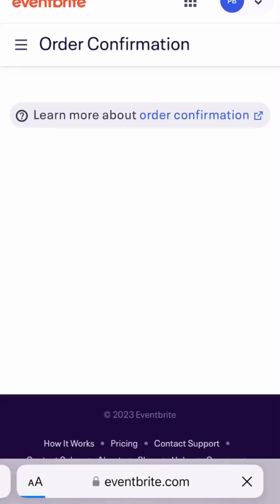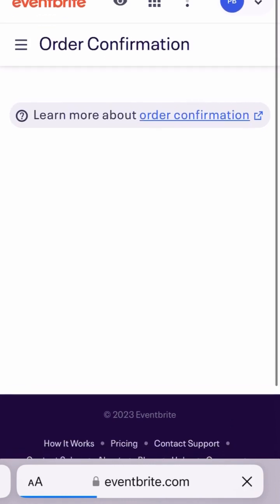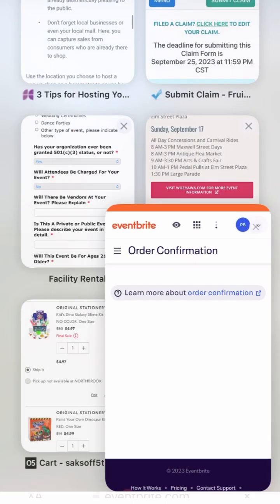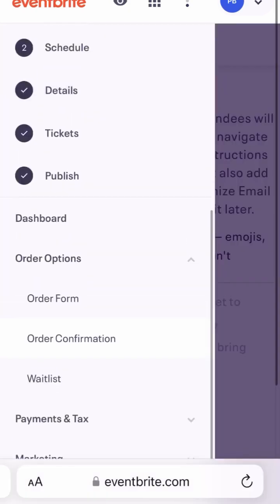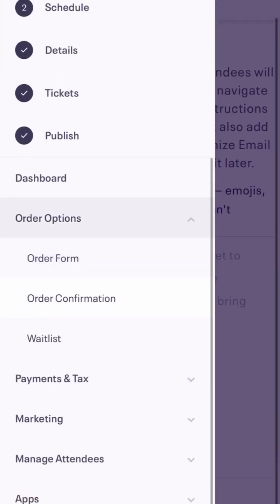So right here I go to order confirmation. It just shows you a few different things that you can look at. As you see over there on that left side drop down menu, there's the wait list option on there. And underneath there was something else. Oh, let me go back into there. Let's see what it pops up as. Sorry, waiting for the video to come up. It's gonna come. Okay, great.